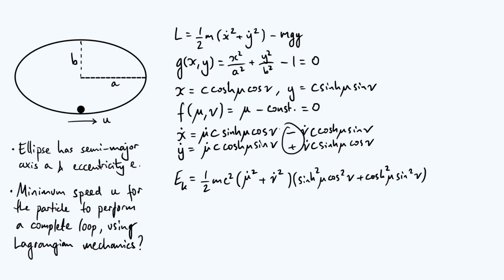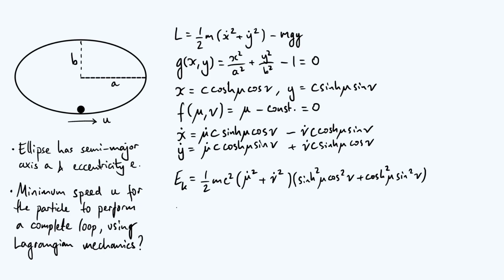Well, because these have opposite signs, they would cancel each other out, right? Your mu dot nu dot terms are going to be, you'll get sine mu cos nu times cosh mu sine nu from the x dot squared part, and that will be negative, and then also be a factor of 2 there. But then you'll have exactly the same stuff multiplied together from the y dot squared. You'll get cosh mu sine nu sine mu cos nu. That's all of the same stuff, just in a different order. So you get the same terms but with opposite signs, and so they cancel, and that's our full expression for